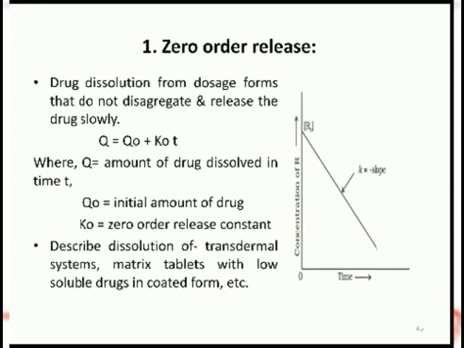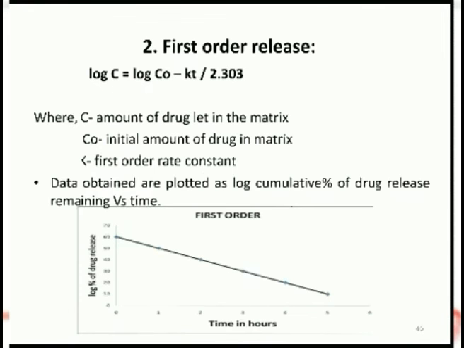Then last, multiple level C. A multiple level C correlation relates one or several pharmacokinetic parameters of interest to the amount of drug dissolved at several time points of the dissolution profile. Multiple level C correlation can be as useful as level A IVIVC, that means in vitro in vivo correlation, from a regulatory point of view.